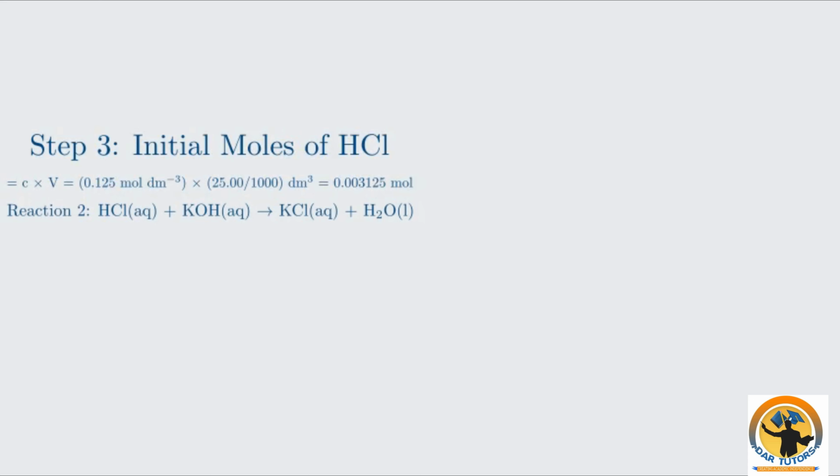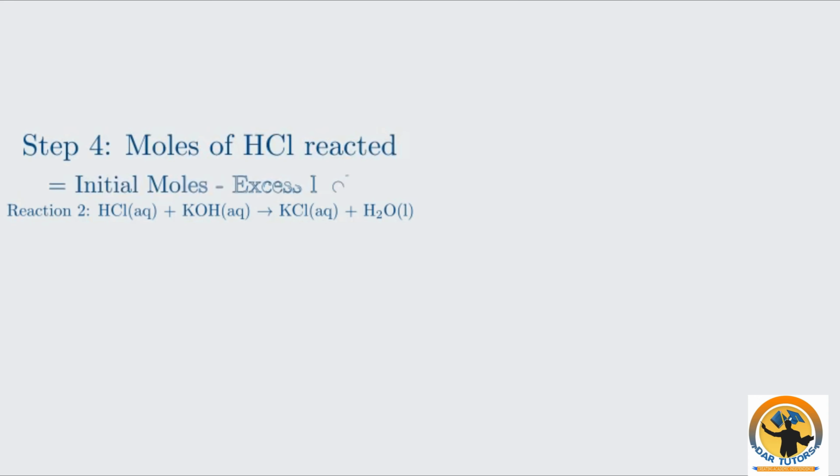Now we can find the moles of HCl that actually reacted with the antacid. This is the difference between the initial and the excess HCl. Subtracting the excess from the initial moles gives us 0.002415 moles of HCl that reacted with the NaHCO3. Looking at reaction 1, the mole ratio of NaHCO3 to HCl is also 1 to 1. So the moles of NaHCO3 that reacted are